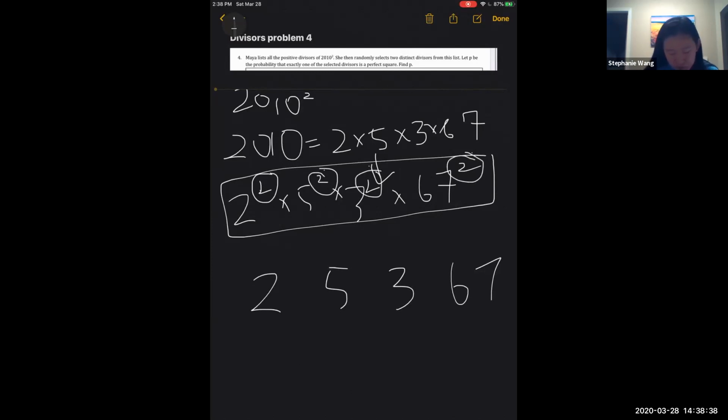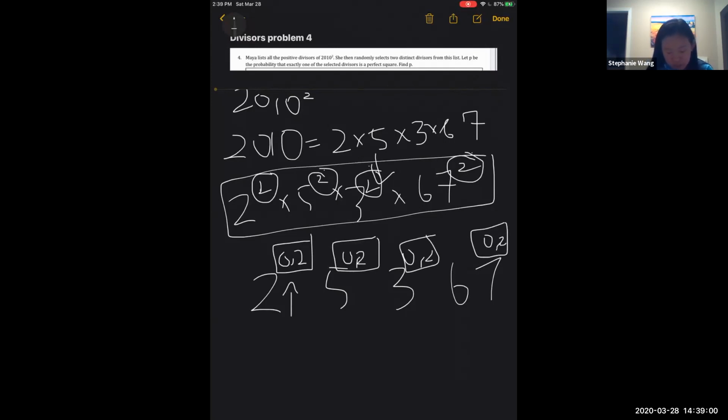So for 2, the exponent can either be 0 or 2, because these are the only even numbers less than or equal to 2. The same goes for 5, 3, and 67: 0 or 2. So we've got 2 choices for each of the four exponents, and the total number of divisors that are perfect squares is 2 times 2 times 2 times 2